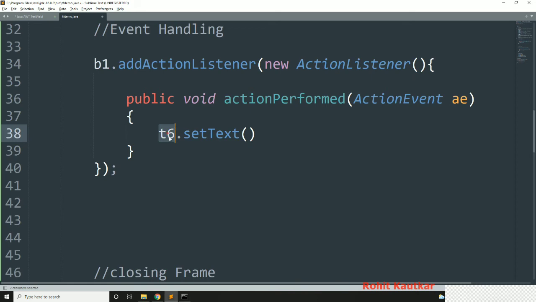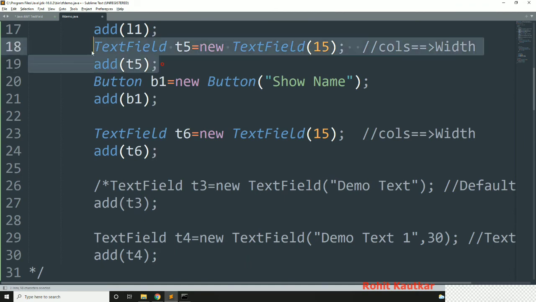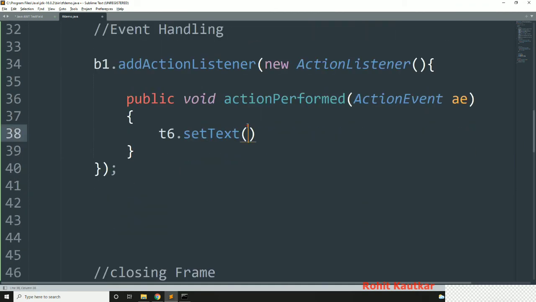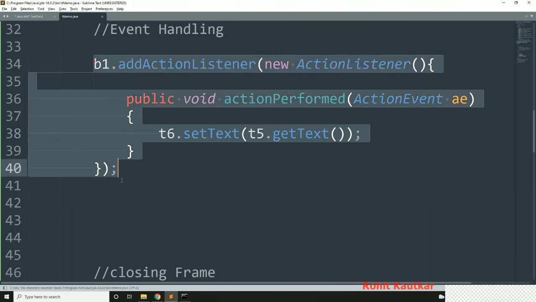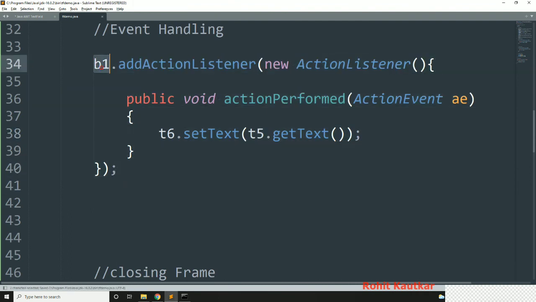We want to set our text to text field 6, and we want to get our text from T5. So I will write here T5.getText. In simple words, we will copy the text of T5 and display it in T6 whenever the user clicks on button B1.